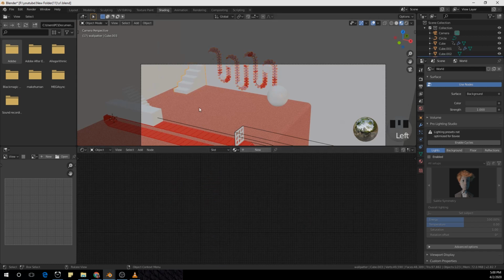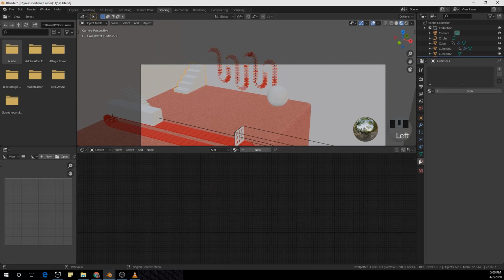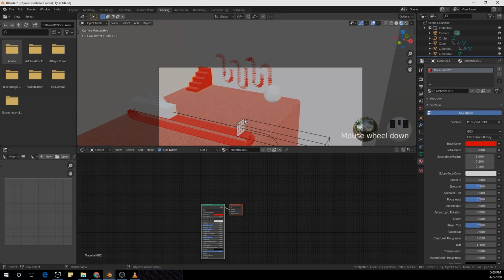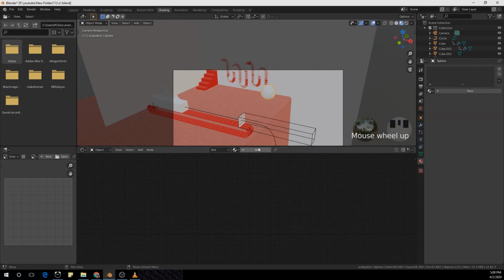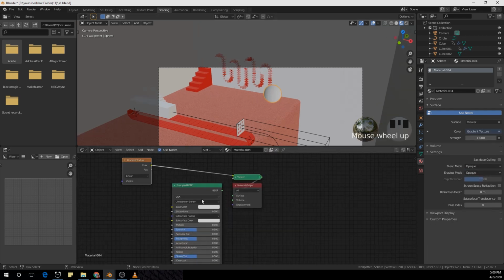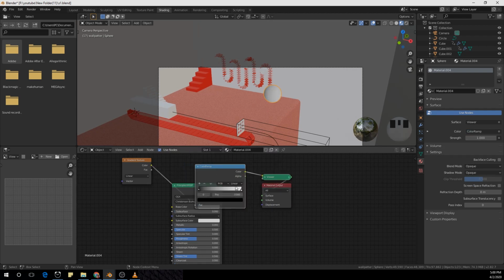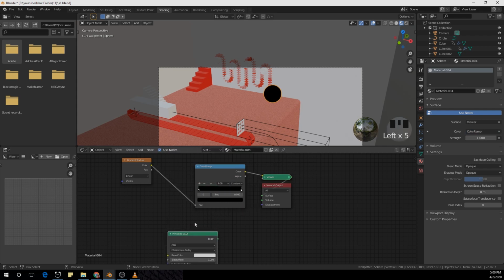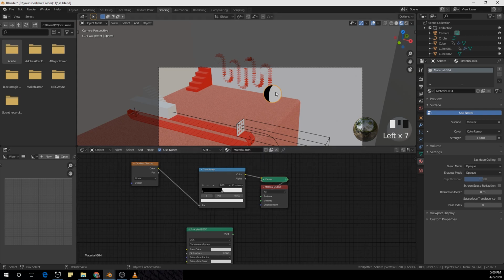Make it the same red as the first one. This one, we add two materials for this as well. So it's going to be a gradient texture. Control Shift to see how it looks. Add a color ramp, plug it, make it constant, make the white 0.5, and we'll have to rotate the circle